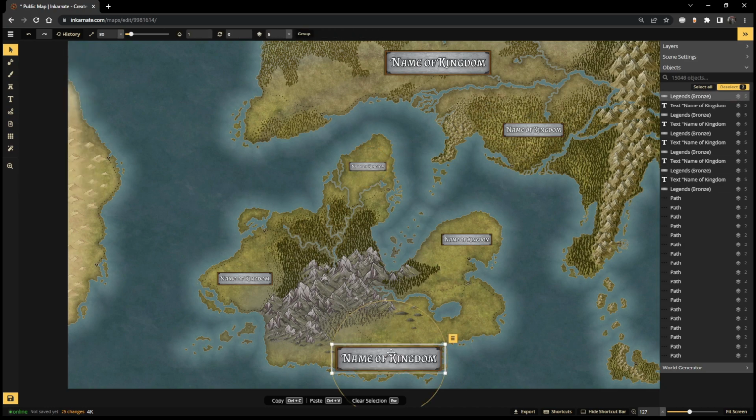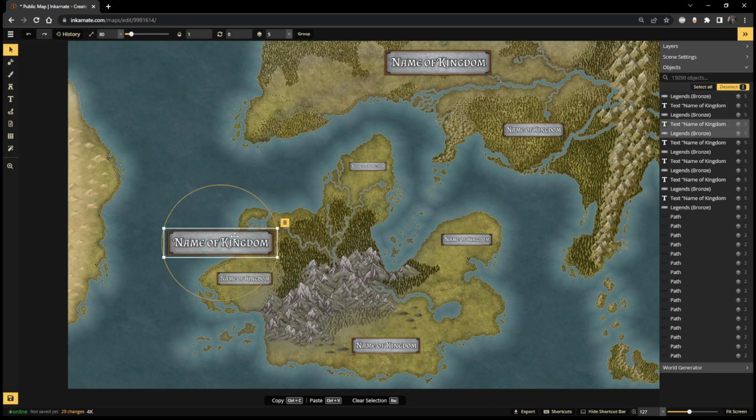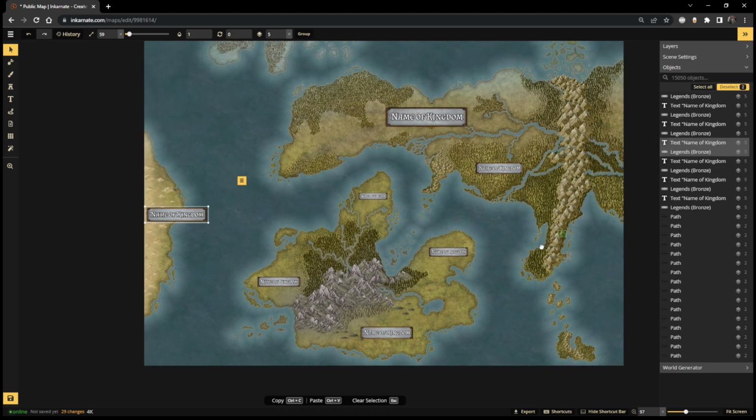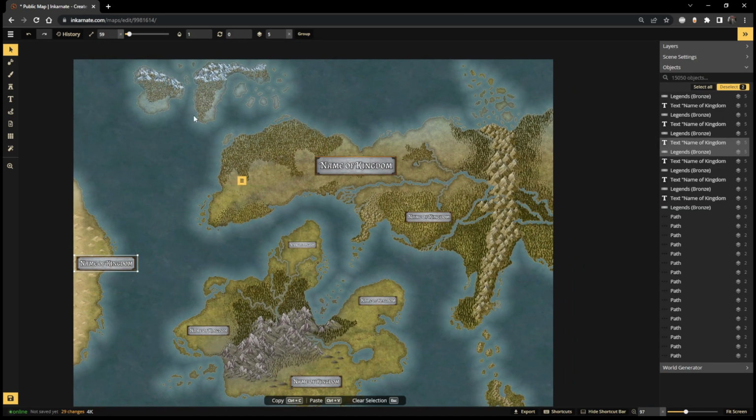And maybe this is the ancient kingdom of blah, which no longer exists. Remember, you can replace these names as you want. And then we definitely have one over here, like so. Anything else? Maybe we have one up here. I don't know. Okay. So this is the beauty of